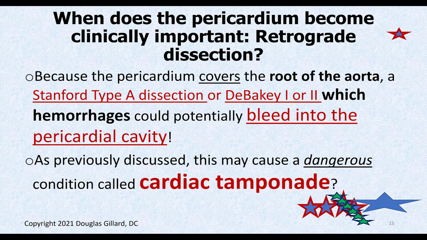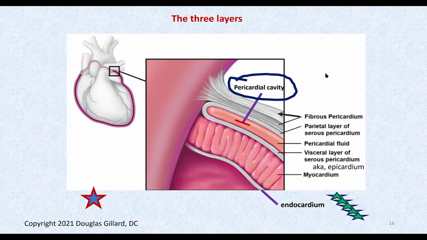Because the pericardium covers the root of the aorta, where the aorta attaches to the heart, like a Stanford A or DeBakey 1 or DeBakey 2. If you get a retrograde, a backwards dissection that goes not away from the heart but towards the heart, and it ruptures, you could get a bleed into the pericardial cavity, and that could quickly fill this entire space up with blood